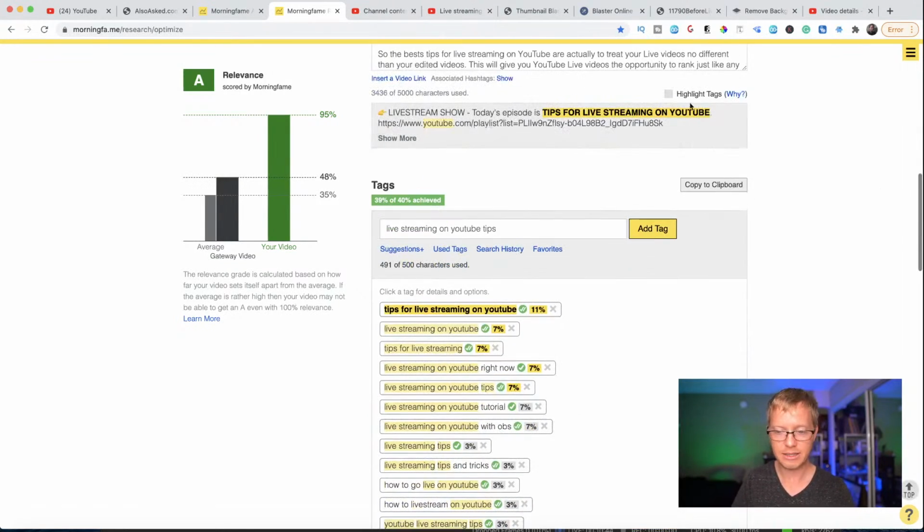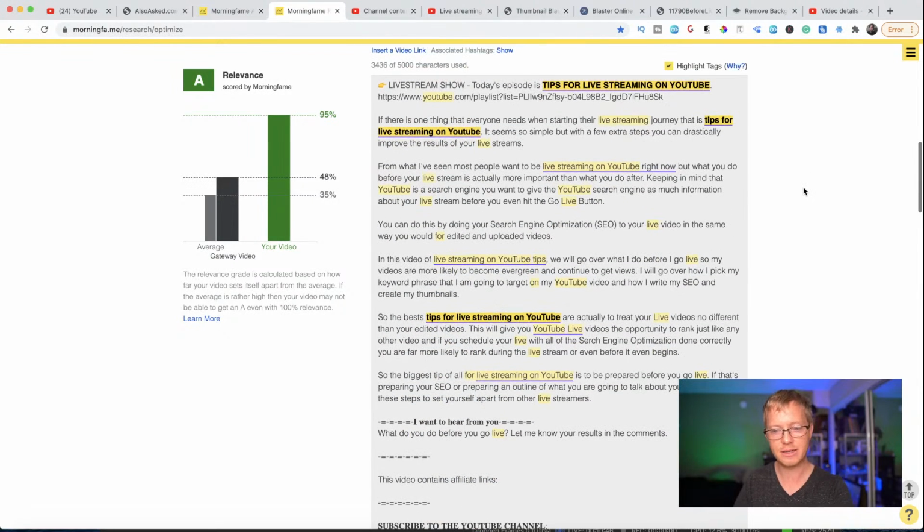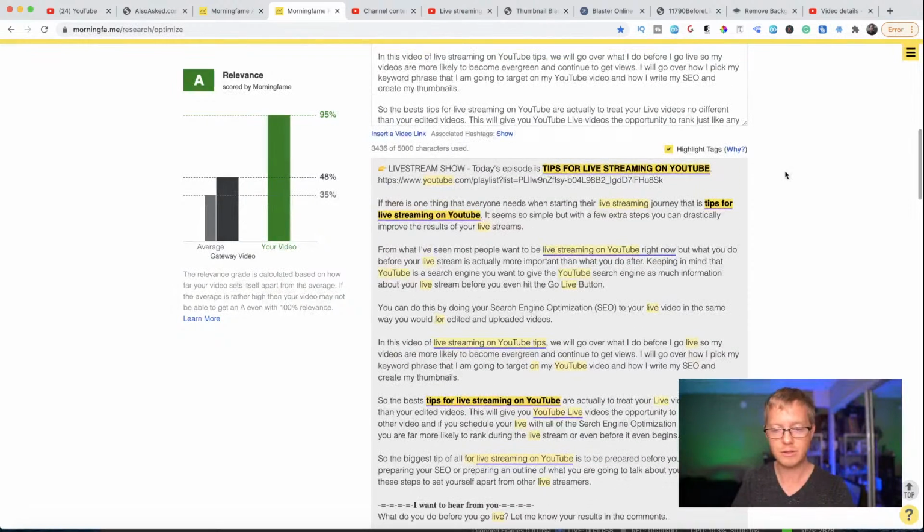What that does, I'm going to show you this, it creates keyword relevance, and YouTube will actually see these, and it will help you rank. Now I have more relevance: tips for live streaming on YouTube, and so on. All these other ones that just have the purple underline are the keywords or the first tags, but they're not the entire keyword, so those actually will help you too. So by having your first 5 tags and your main keyword at least 3 times, it will drastically help your ranking.